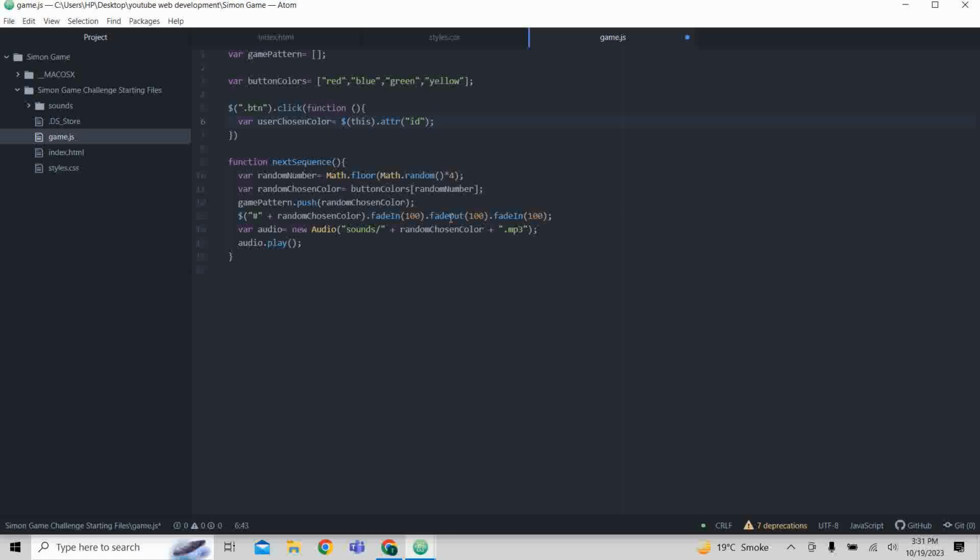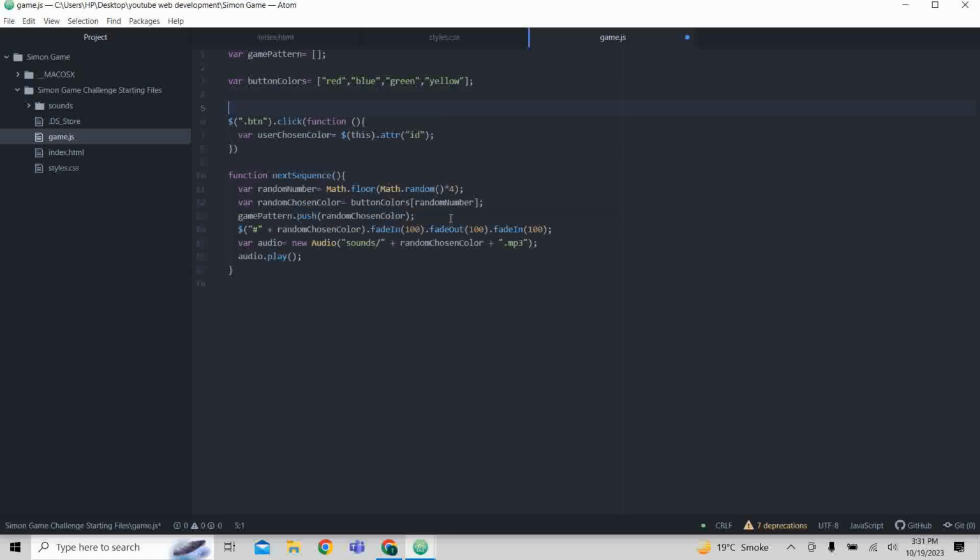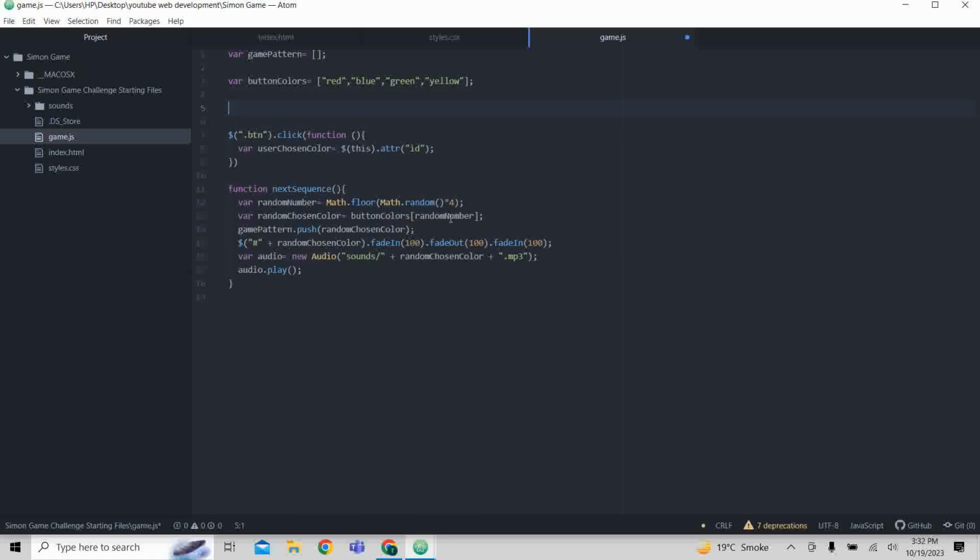Now, like we did previously, at the top we are going to create another empty array with the variable name userClickedPattern. We didn't do save. Oh, sorry. Save all this,